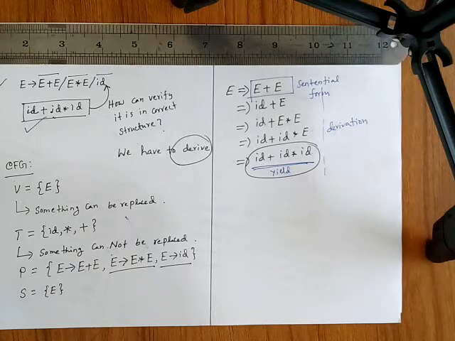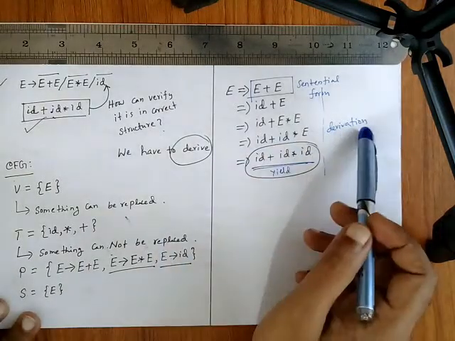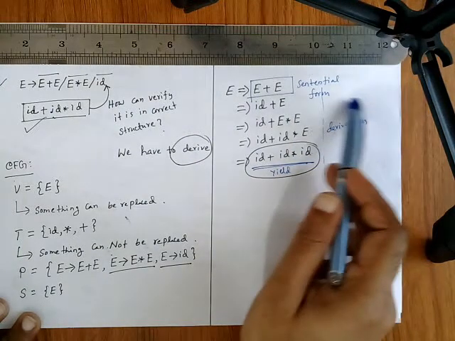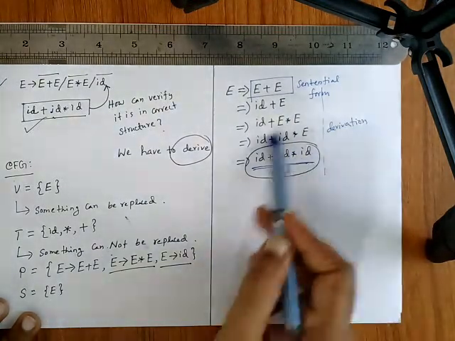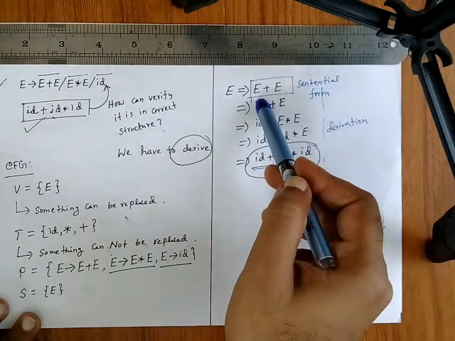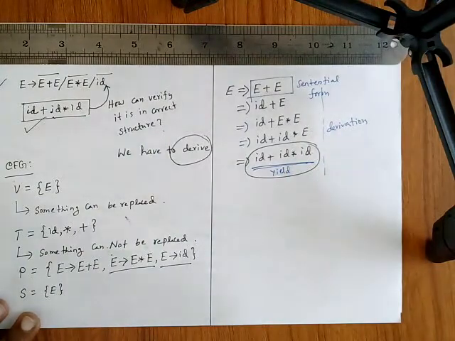So remember these terms. The whole procedure is called derivation. The output is called yield. And each of these forms during derivation is called a sentential form. Is it clear to you guys?